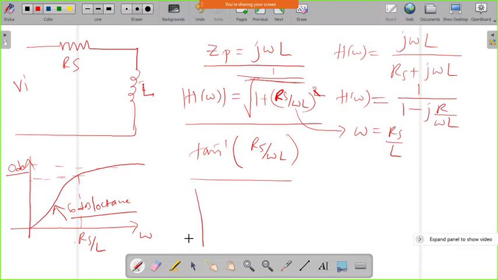And similarly, if you want the response in terms of phase, you will get a response like this. Where you will get 45 degrees: wherever you substitute omega equal to Rs by L, this will cancel each other and you will get tan inverse of 1, which gives 45 degrees. And wherever omega equals 0, it becomes infinity, and tan inverse of infinity is 90 degrees, and then it goes on reducing. Okay, so like this the phase response will come for the inductive circuit, where the shunt element is considered as an inductor.